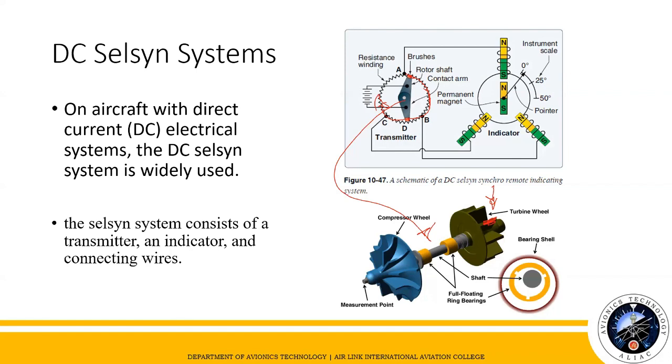Okay? And then, nagge-generate yan ng electricity. So, once na nagge-generate or nagkakaroon siya ng electromagnetism, which is nagtra-transmit dito, gumagalaw ito. Okay? In-help niya. So, itong part na to is nagiging magnet. So, kaya siya nagro-rotate. So, ulitin natin, the arm is turned so that the voltage is applied through the brushes to any two points around the circumference of the resistance winding. So, yung rotor shaft dun sa may DC selsyn